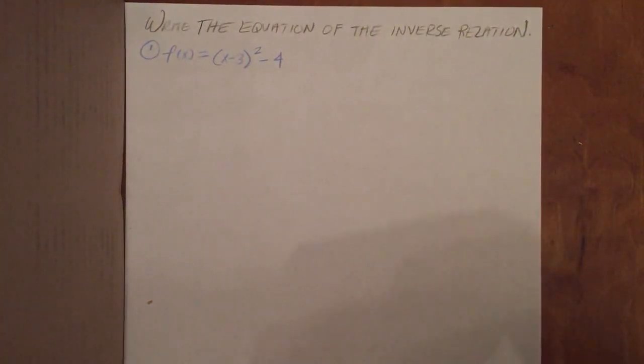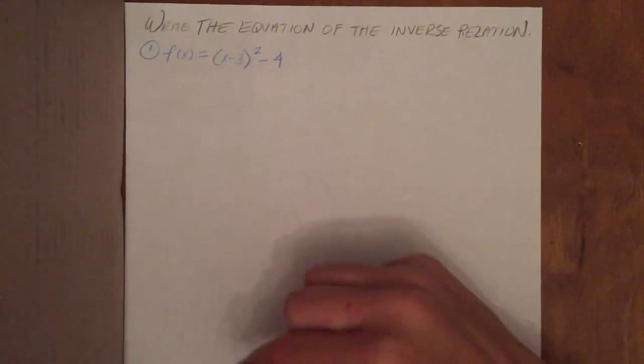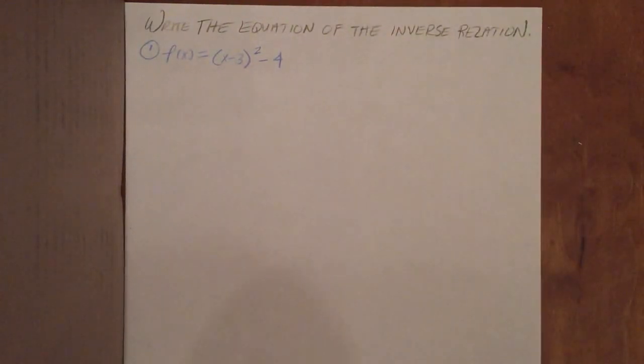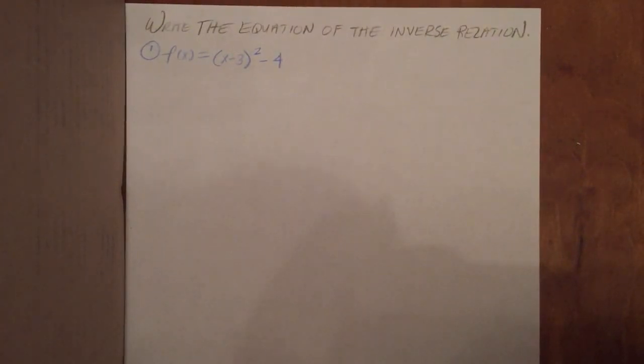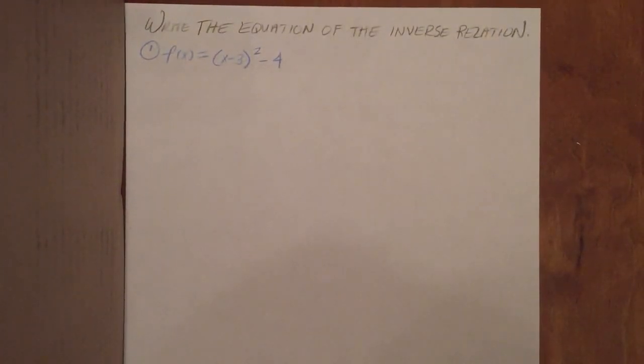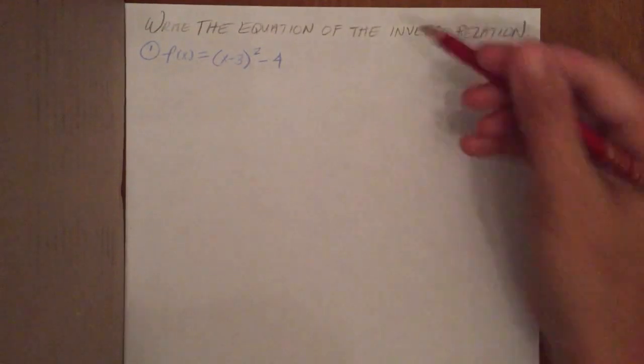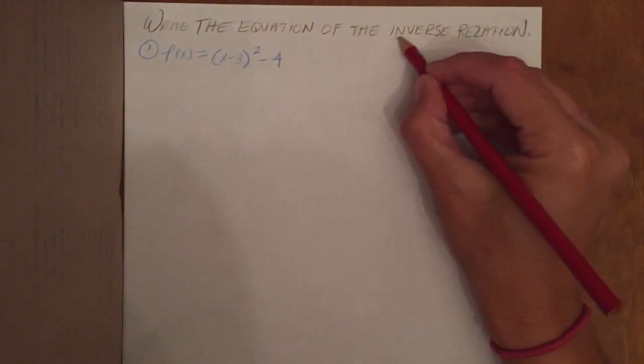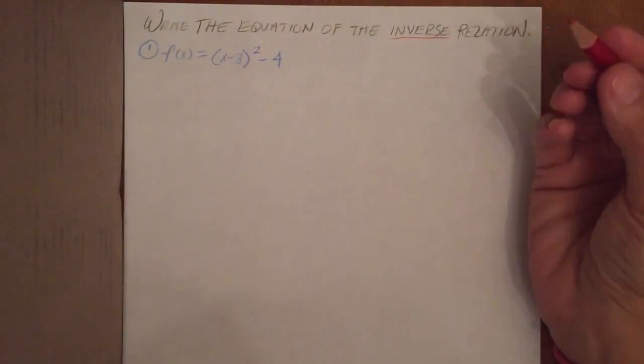So on our final exam review, the very first set of questions, which is actually number 1, it's a sequence of 3 questions, is asking us to write the equation for the inverse of the relation. So we're basically looking for the inverse function. Now, if you remember what we talked about with inverse functions or an inverse relation, basically when something is an